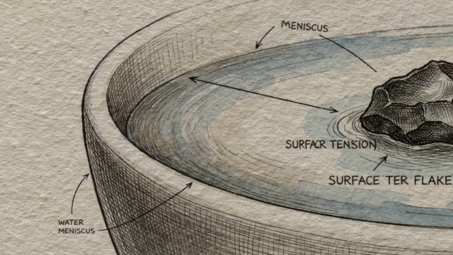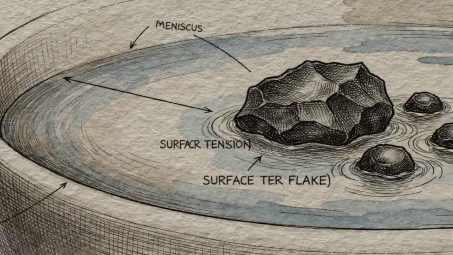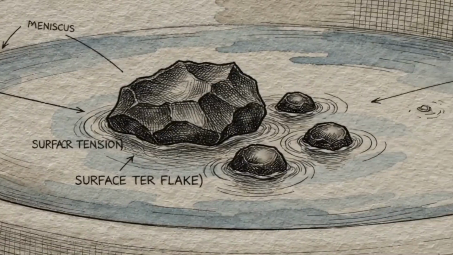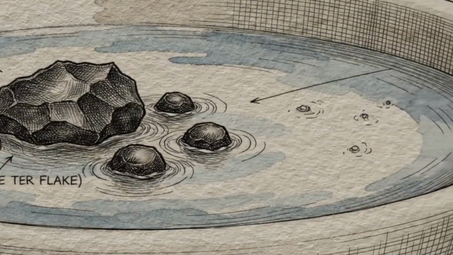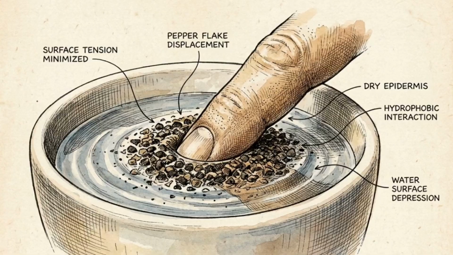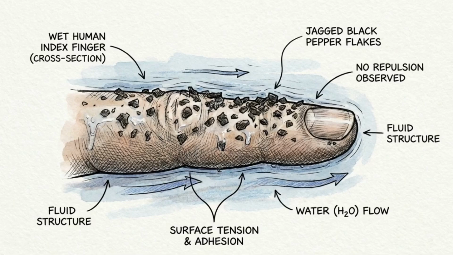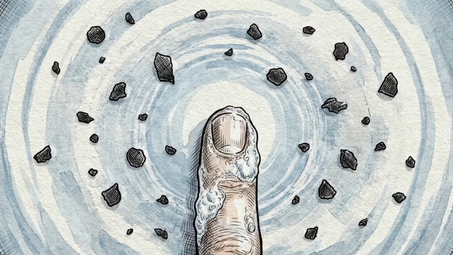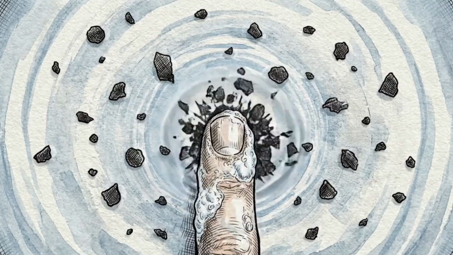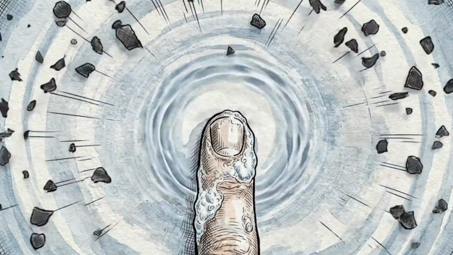You've likely seen this demonstration in a science classroom, a shallow bowl of water covered in a fine layer of black pepper. If you dip a clean finger into the center, nothing happens. The pepper flakes remain exactly where they were. But add a single drop of dish soap to your finger and touch the water again, the pepper instantly races